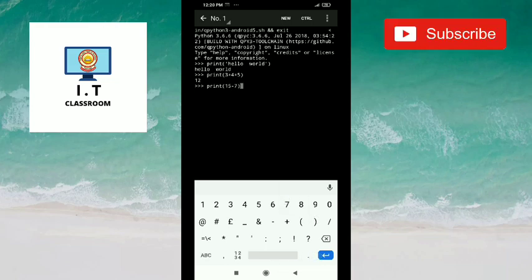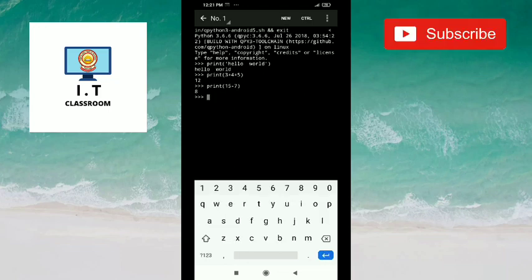After that, press enter key. As you press enter key, the output of this subtraction will appear on the next line. So in this way you can subtract two numbers.